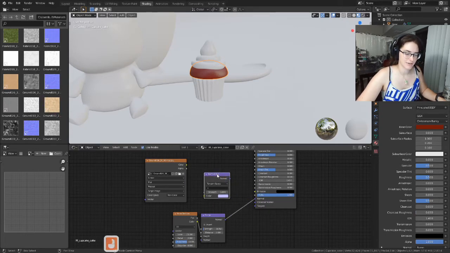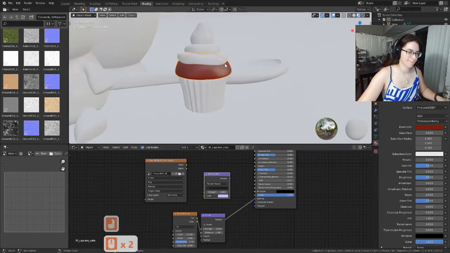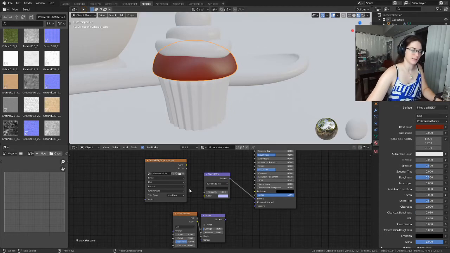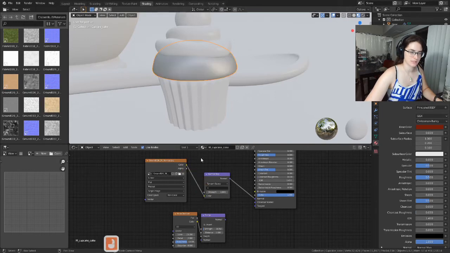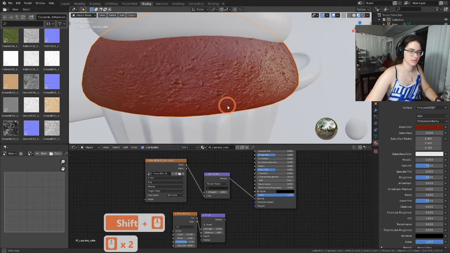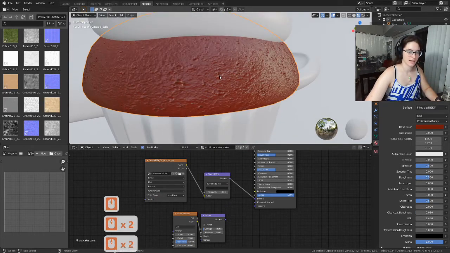And click that down. And let's snap that to normal. And then we need to connect our image to this normal map. So grab color, snap it to color, and now you can see on my cupcake I have this little sandy